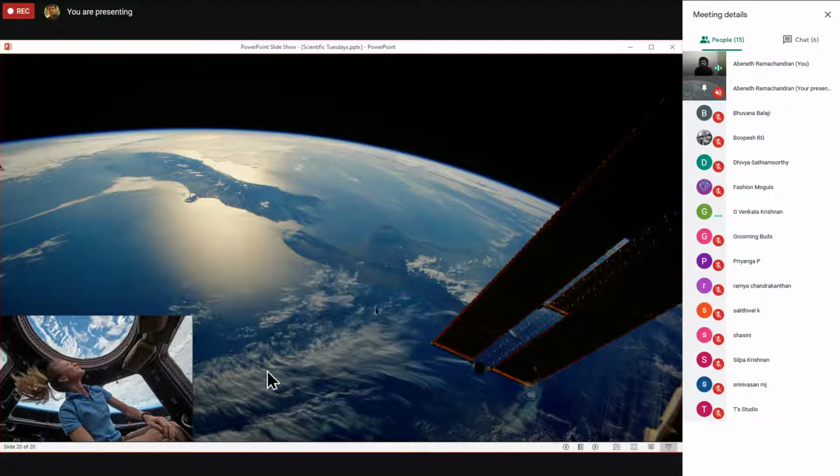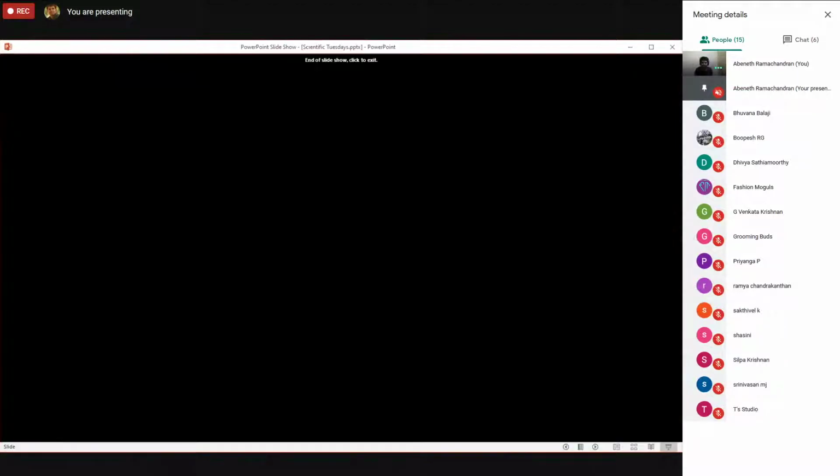This is one particular astronaut looking through the window and she's seeing the whole Earth in front of her. She is very far, and looking at the Earth, it is very small to her. It's just the size of her hand. So these are the facts for today.